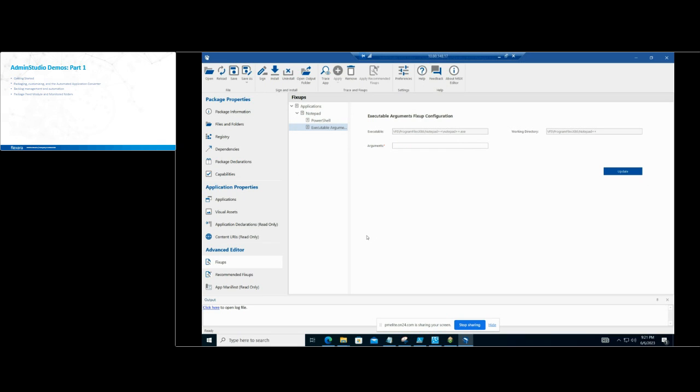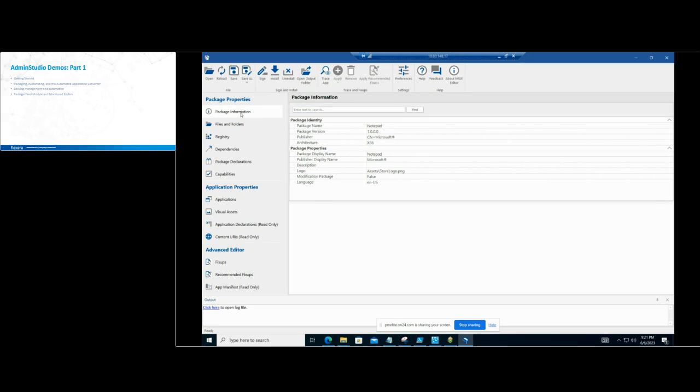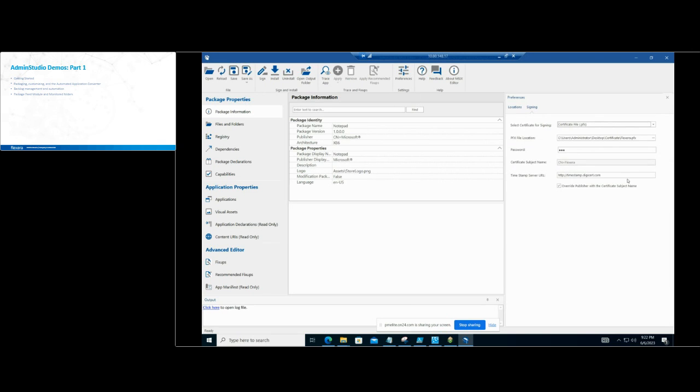And one thing that is not very common in our IT pro scenarios is signing. We understand that a lot of package engineers find it an overhead to really figure out how to sign MSIX packages. So we made it a lot easier with MSIX editor for you to sign MSIX packages. You could go to preferences, and right here you could give your signing details or your certificate details. Again, here we support PFX and certificate store. Here I've added